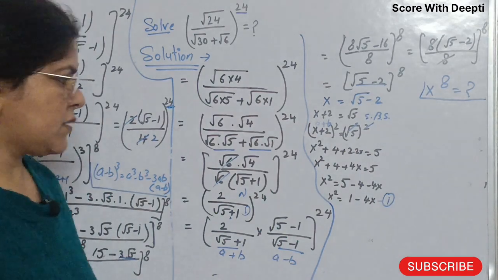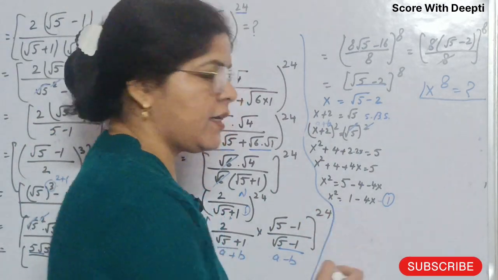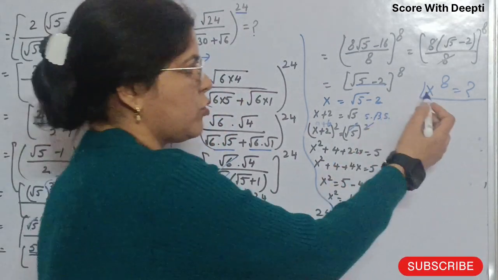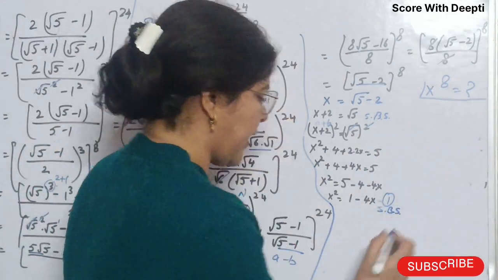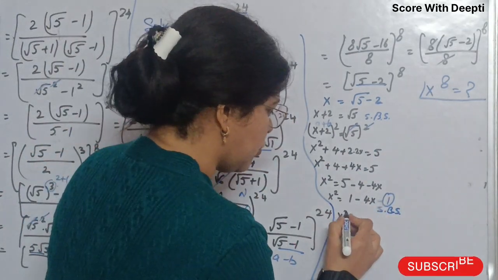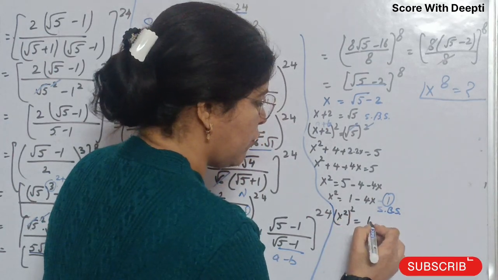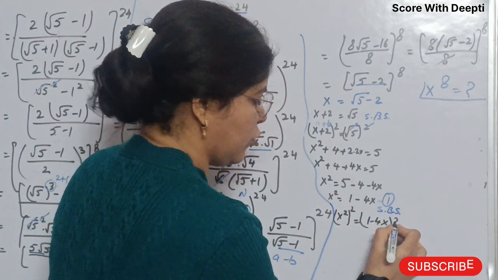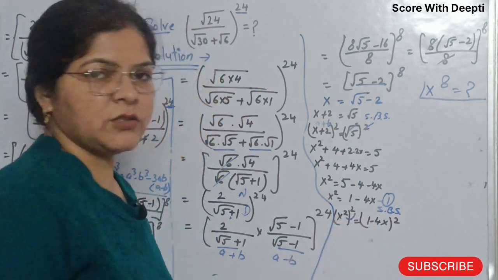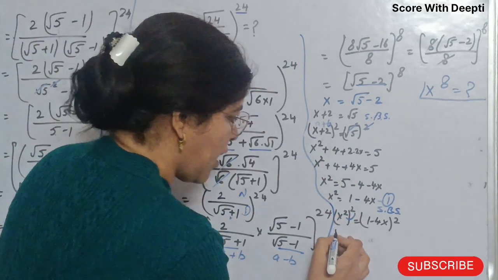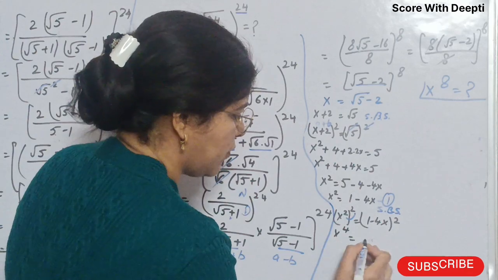Now our next step is we have to take square again and again to find the value of x to the power 8. Now again we take square in both the sides, and we get (x^2)^2 equal to (1 minus 4x)^2. Now here we apply identity and multiply 2 with 2, we get x to the power 4 equal to,